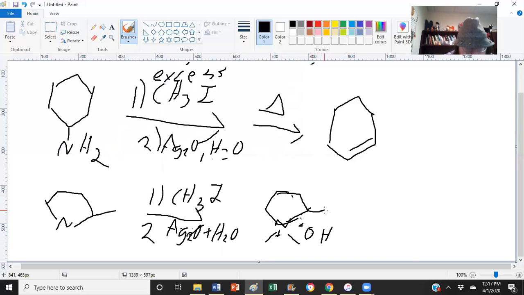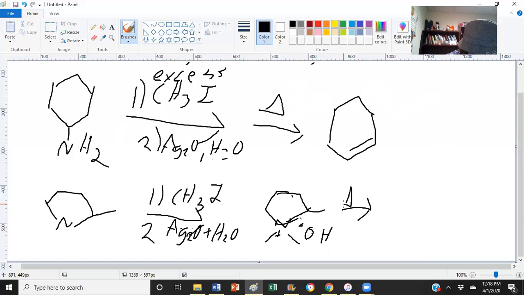Now, because of the ring-like structure, this is a leaving group. And yes, it will leave in the presence of heat, but not going to leave necessarily as we think. We're going to form the least substituted amine. This is going to leave anti-coplanar. So we're going to kick this off and form a